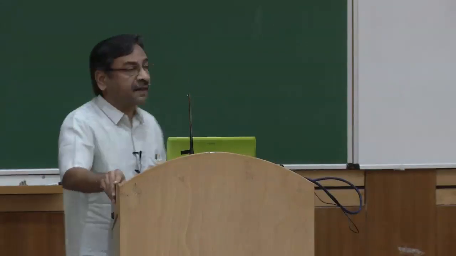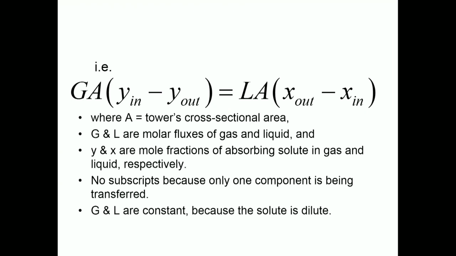So, we could think of Z being measured from the bottom of the tower, and at some height Z we take a differential section of this tower with height delta Z. We will look at the balance which is a differential balance here, and another balance which is at the tower scale. So, let us first look at the balance at the scale of the packed tower.